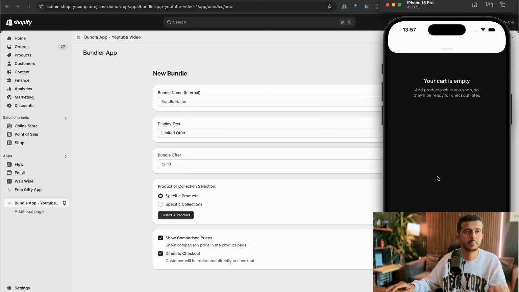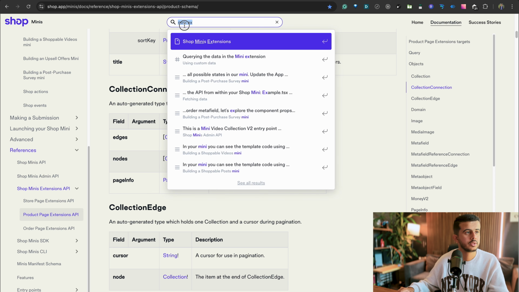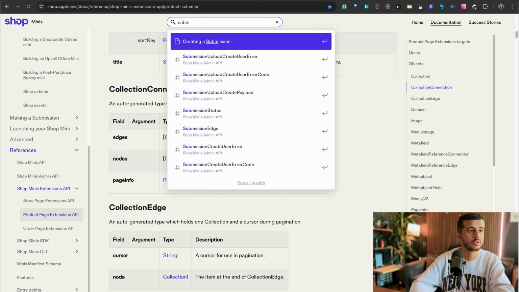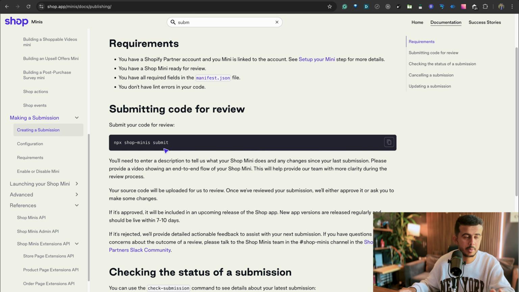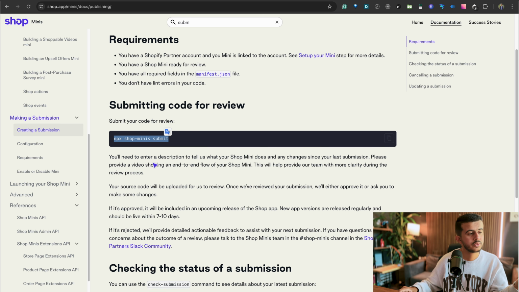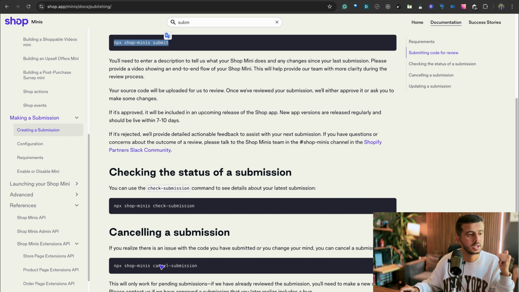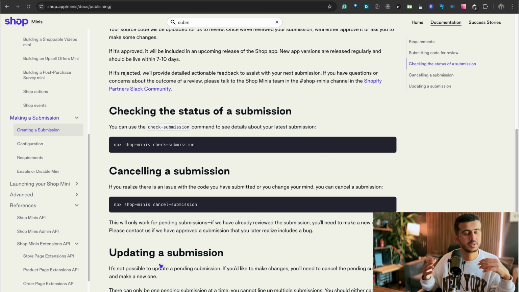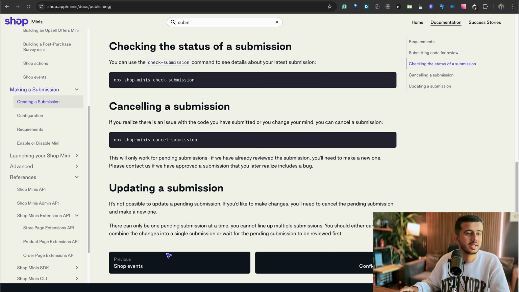Mini to be able to submit, you can go to the docs. So currently I didn't manage to submit my application that I'm currently working on, but you need to run this command, npx shop-mini submit, and it will be submitted for code review. After that, you can check this submission, you can cancel, and when the submission has been approved, your Shopify Shop Mini extension